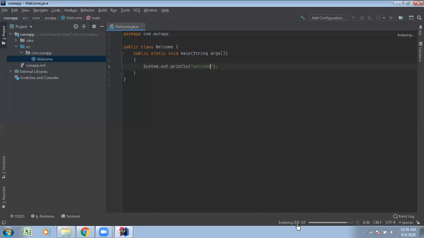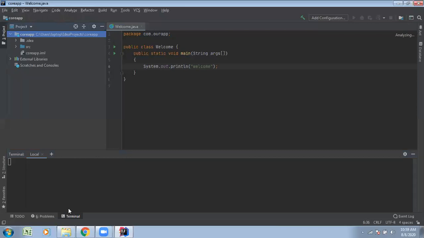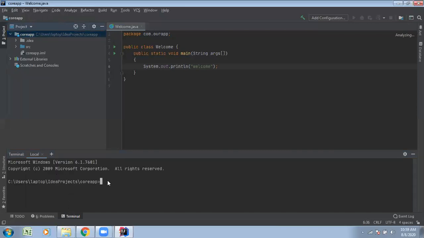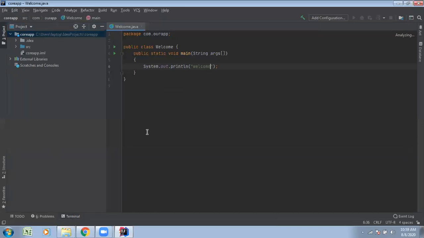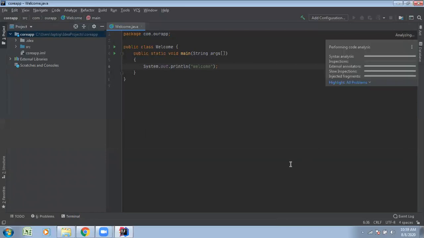Then you find indexing of 11. So it's going to work with JDK 11, and based on 11 the application is going to start working and generating the output. Once your application is ready, executing it through the terminal is also possible. It is going to take some time analyzing the data and generating the output.